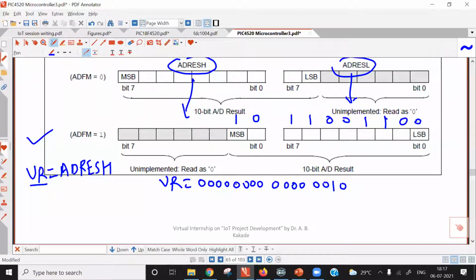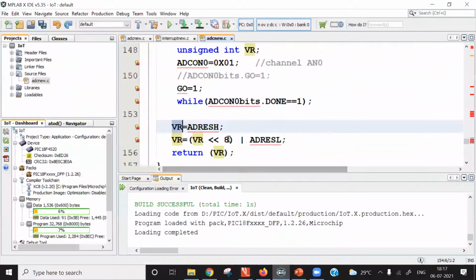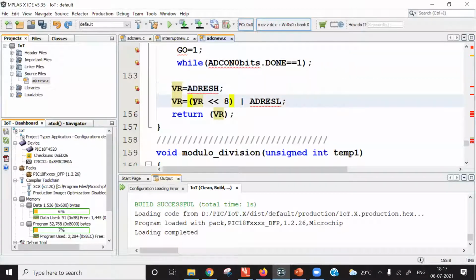So I hope you have understood. Now for the correct position, these 2 bits are the last 2 bits here in this variable. They should be here because in the actual result the last 8 bits are saved in the AD result low byte register. So what we need to do is shift the content of VR by how many positions? 8 positions. And towards which side? Towards the left hand side. So what I am doing here is, in the next instruction, shifting the content of VR by 8 positions towards the left hand side. So this portion of the instruction, what it does is, let me copy here.